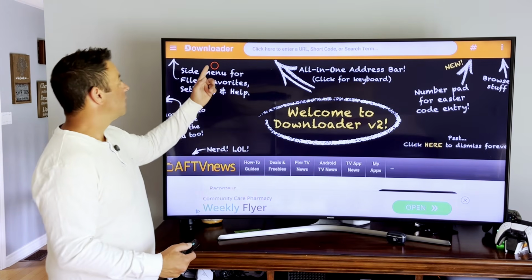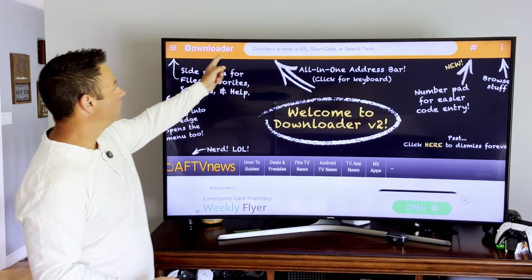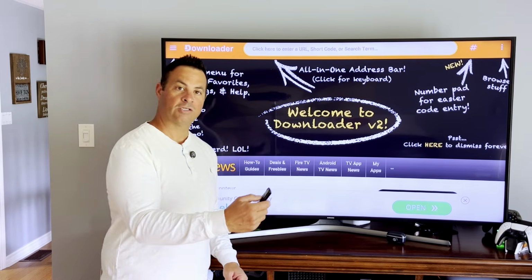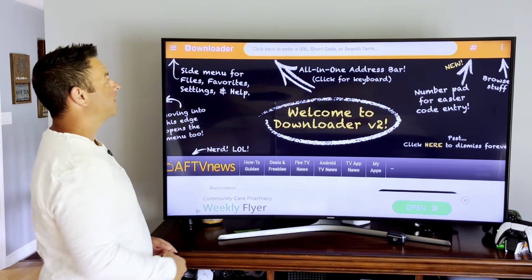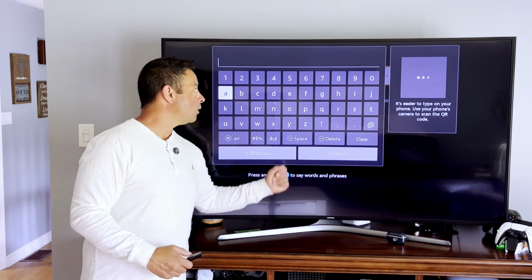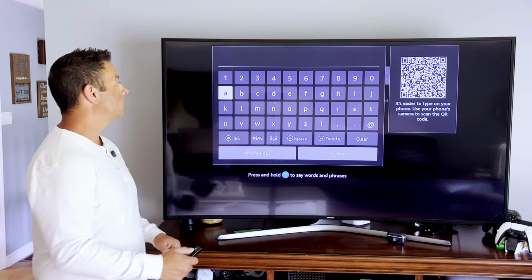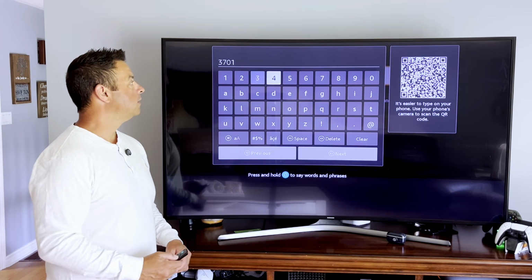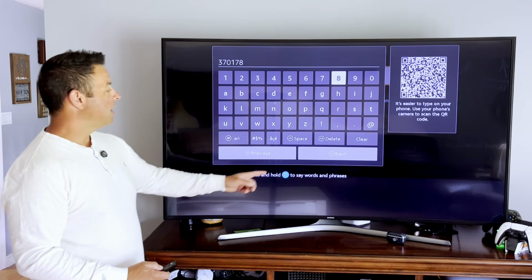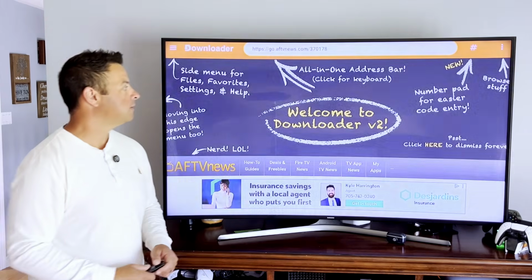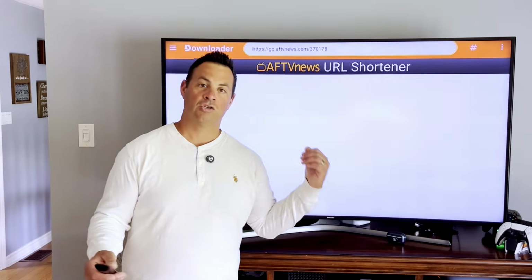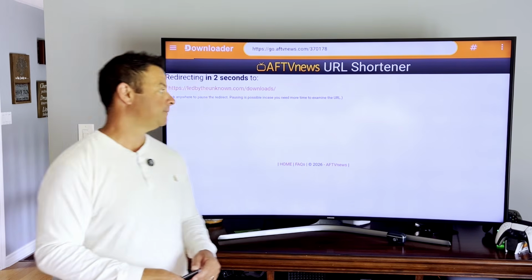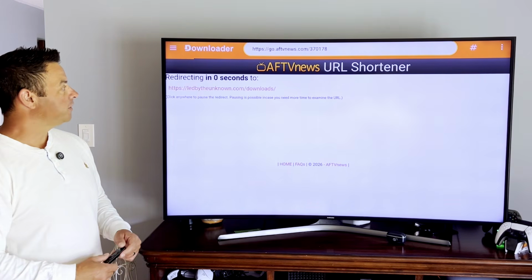So let's use the little red circle, push up, it highlights Downloader. We're going to go here to where it says click to enter URL, shortcode, or search term. So just select that, and it should bring up a keyboard. Here we go, and here is our shortcode. 370178. And then we just come down and hit next. This will redirect straight to the Led by the Unknown's webpage, to the download section to get these great apps for you. Once the 5-second redirect is over,